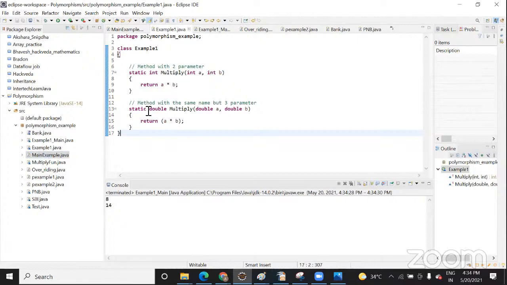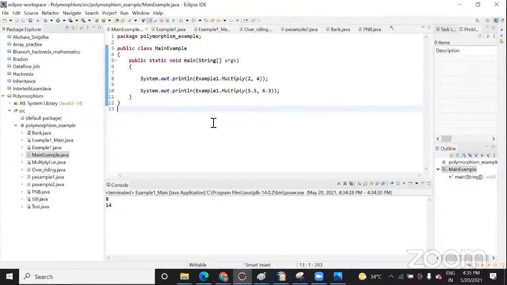So this is an example of overloading, how you can solve it, and based on whatever parameter you pass, it will do the operation. So when we use the static keyword, we don't need to use the same class name, as you said. Actually, it is recommended that your class name and program name should be the same.